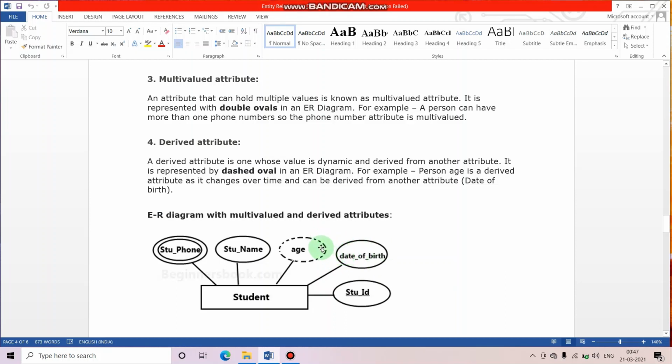From the date of birth we'll be able to know the age. You can also say from the parent attribute value, the derived attribute value is getting derived. We'll be able to get the age of the person from the date of birth, so it is like that.